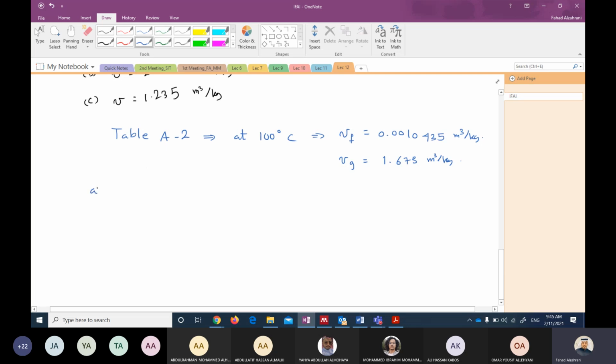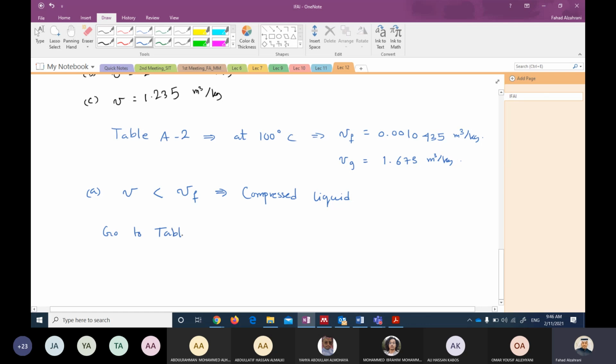The question is, let's go now to part A. What is your V? Your V is 0.00103, which is less than VF. Smaller. Less than VF. That means this must be a compressed liquid. So we go to